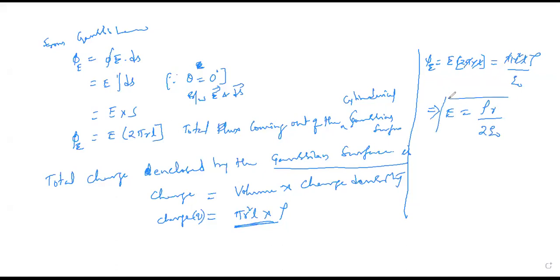So this is the electric field intensity at a point when the point lies inside the charged cylinder of infinite length, an infinite charged cylinder. So what is the meaning here? The electric field intensity is directly proportional to r, the same as we got for the sphere. So here E is directly proportional to r. This is for the point lying inside the cylinder.